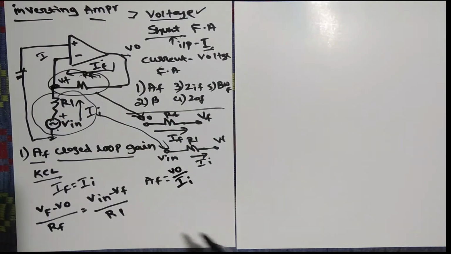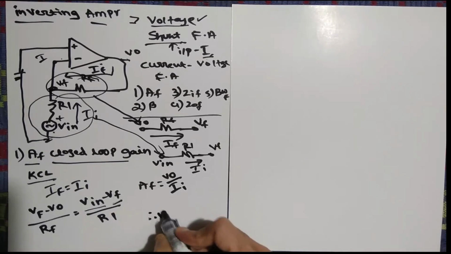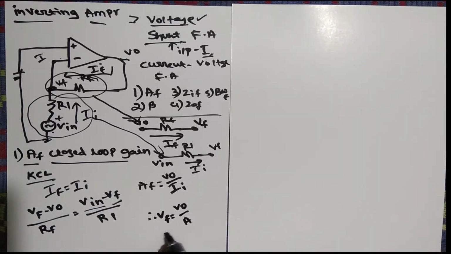So our aim is to make it such that all the conditions with the I and make it with the V0 portion. Now what is VF here, we can identify. So can I talk about VF? If I take VF is equal to V0 by A. Why did we get this equation?